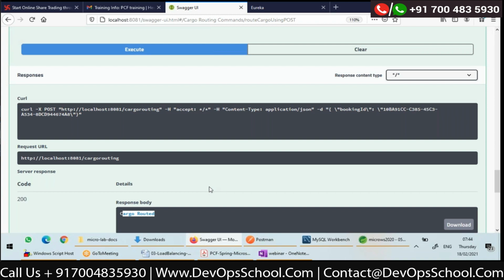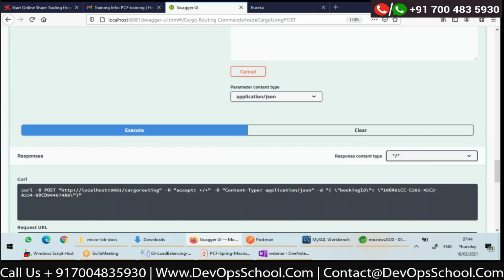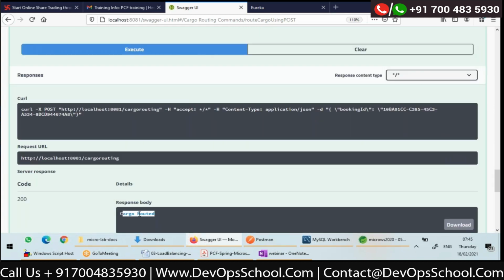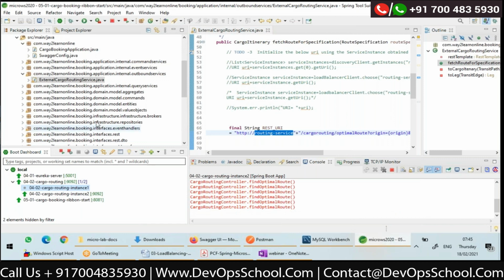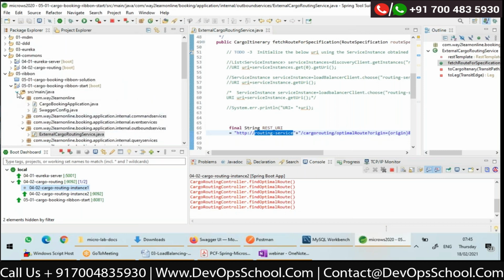That means actually what? Next time whenever I routed, it tried to hit the instance which is down. It waited until the HTTP timeout. It was not able to make a connection. Then it did a retry also. For me, I don't bother. I got the response, but a little bit late. From the second time onwards, I'll get responses continuously, immediately. Only for the first time it will take some time to identify that it is down, right? So we don't need to worry. Automatically, it will take care of retries.